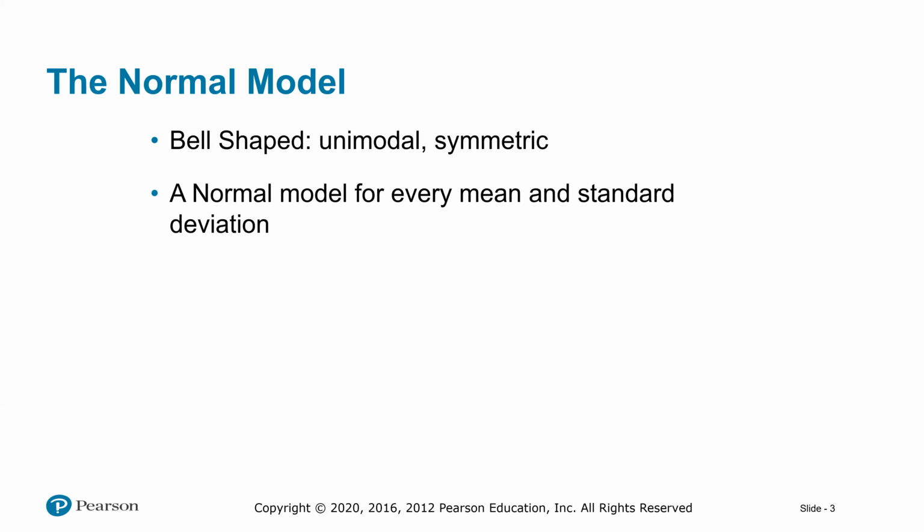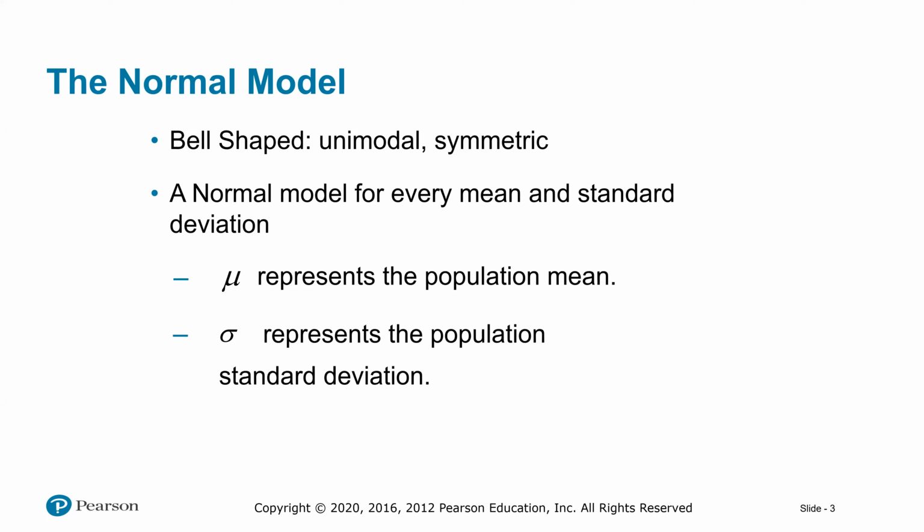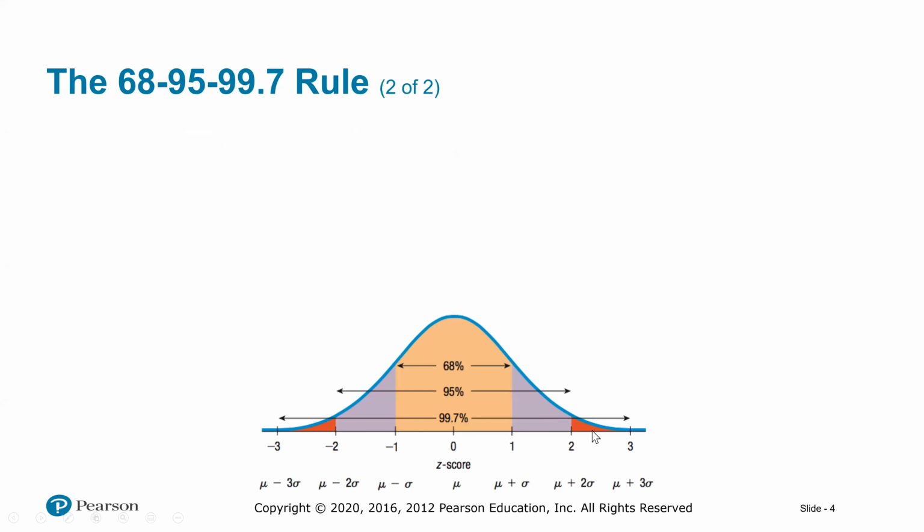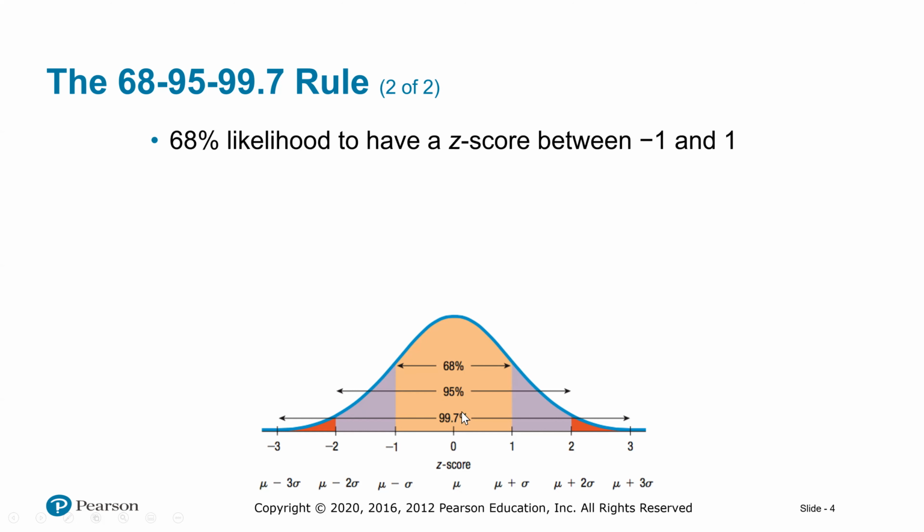There is a normal model for every mean and standard deviation. These are the parameters: mu, which is the center of the curve that we will see shortly, and sigma, which represents the spread. That is the population standard deviation, and this is the notation that we are familiar with. So here is the way the curve is, this perfect bell curve, symmetric around the mean, mu, and every normal